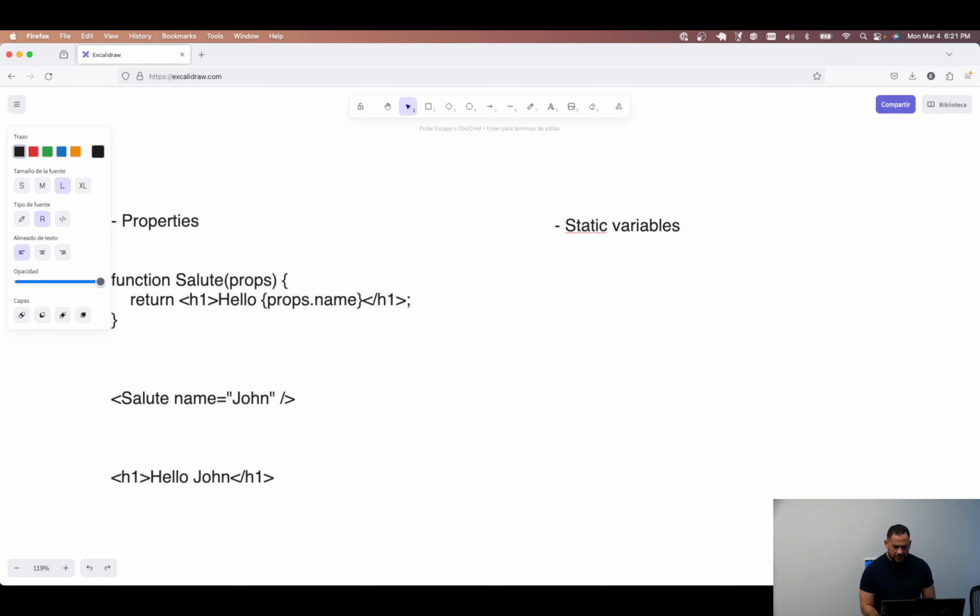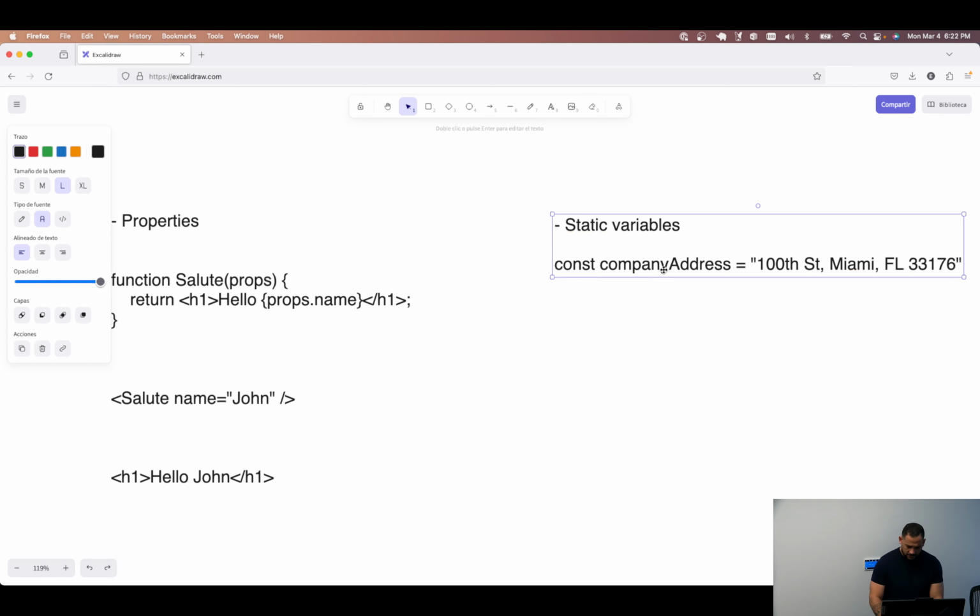So, components can also take data from static variables, right? Let's make an example here. For example, if we have a constant called company address, and we have, I don't know, 100 Main Street, Miami. This is probably not a real address, but anyway, 23176, right? So this is a variable,